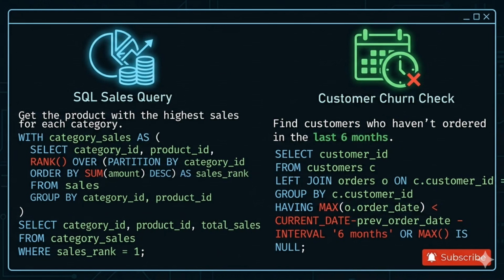Here's the logic. The left join ensures all customers are included, even those with no orders. Max of order date identifies the most recent order for each customer. If the latest order is older than 6 months, or if the customer